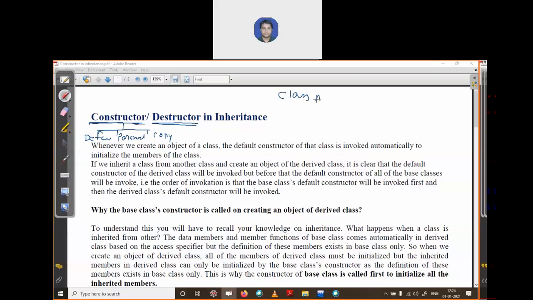Let me tell once again. If you create a class A, in this class A you create a function whose name is the same as your class name, so the function name is also A. This A is a constructor. Always declare your constructor in the public area, and when you do not pass any parameter to this function, it is called a default constructor.